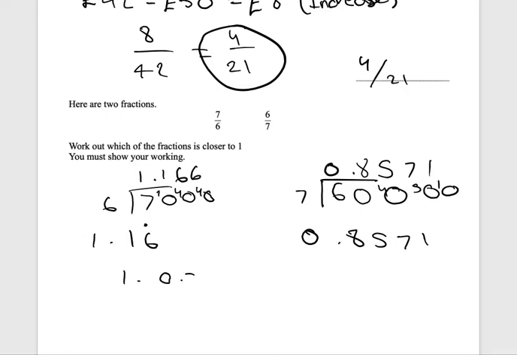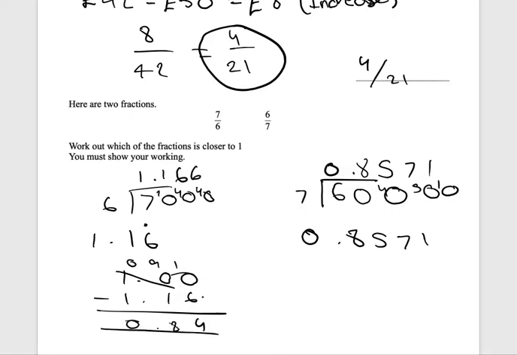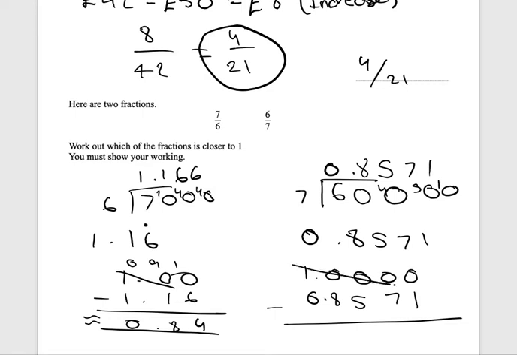So 1.00 subtract 1.16, and that would get you an answer of roughly 0.84 difference. Okay, now this one we can do as well. 1.0000 subtract 0.8571. Okay, if we subtract it, let's borrow. So this one has a difference of